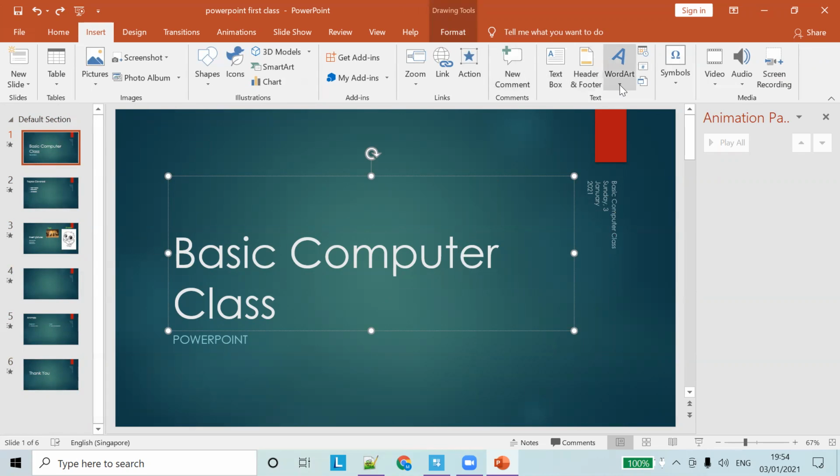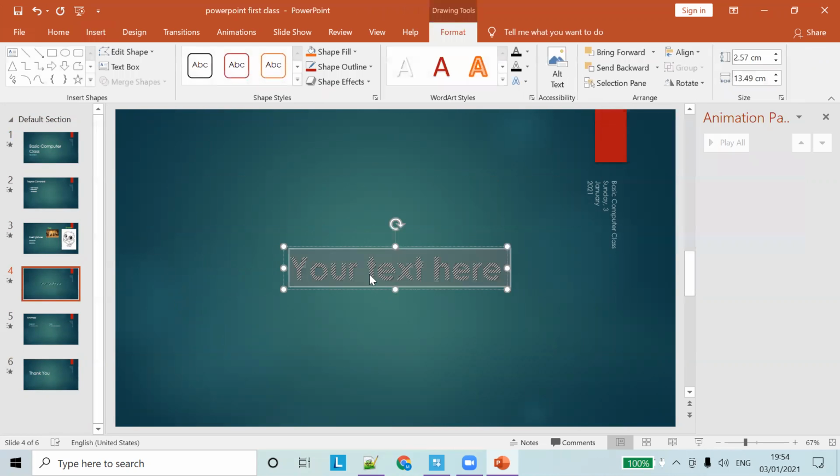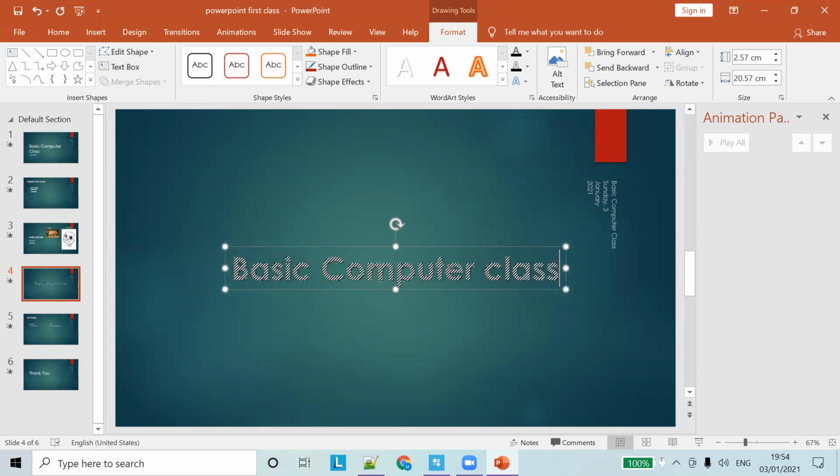What else can we use? We can do some word art also. So insert, this option, right? Word art to show these options. Okay, so once you choose this